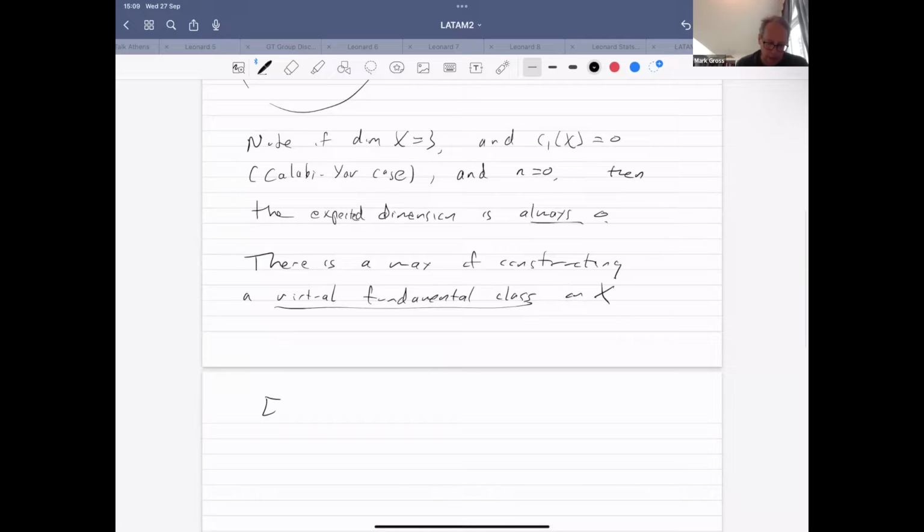That's some class, M_{g,n}(X, A). I usually write it like this, vir. And this lies in